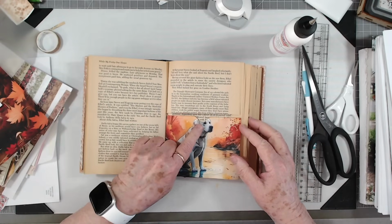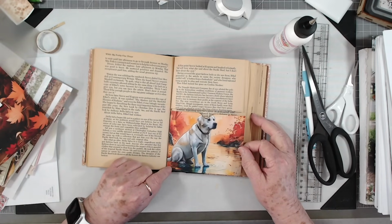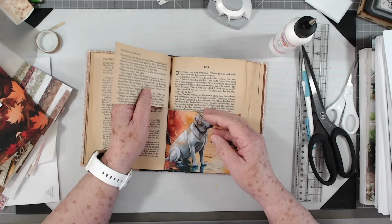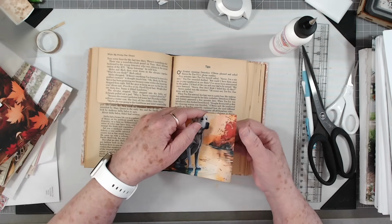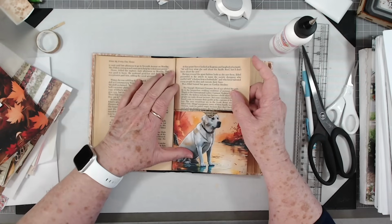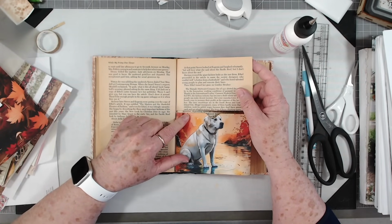Look at that. I did cut into my little Koopy's head. I should have put it on over here, but that's okay. Isn't it cute? And then we're probably going to, and see, I've got the bottom closed up with this wraparound, and we'll put something else over here. And then I've got this closed up, so we've got a nice little pocket there. And then, you know, I'm thinking twice about this. We could put a pocket here